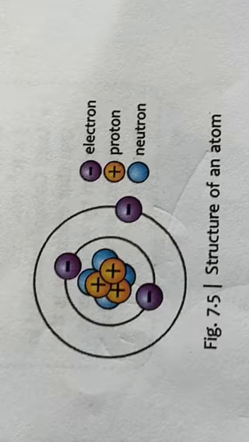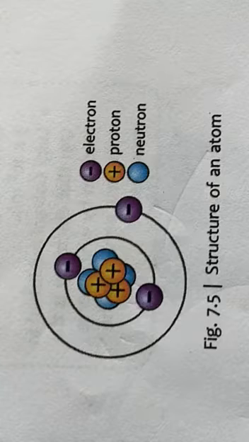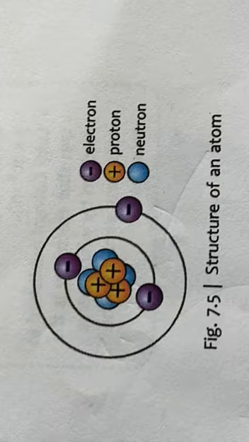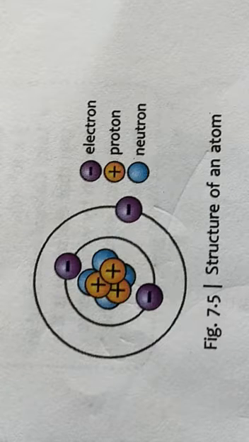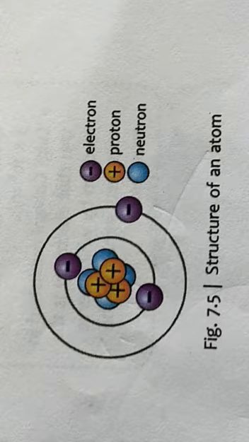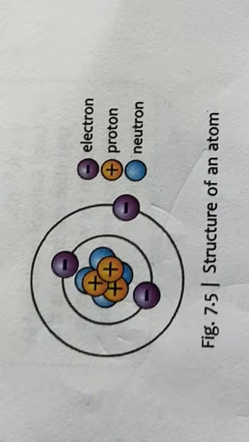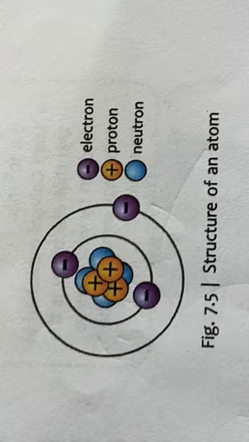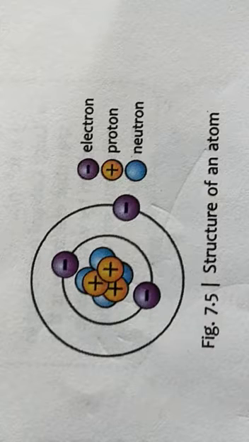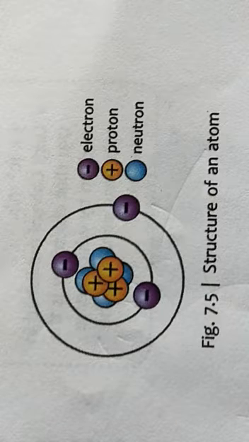Under normal conditions, the number of protons present inside the nucleus of the atom is equal to the number of electrons revolving around the nucleus. That means the amount of negative charge is equal to the amount of positive charge. Therefore, we can say that the atom as a whole is electrically neutral. When these charges remain on an object, they constitute static electricity, and when the charges are made to move in a particular direction, they constitute the electric current.